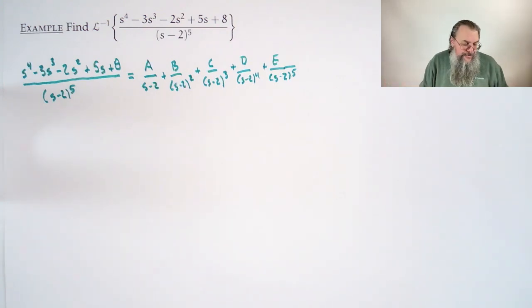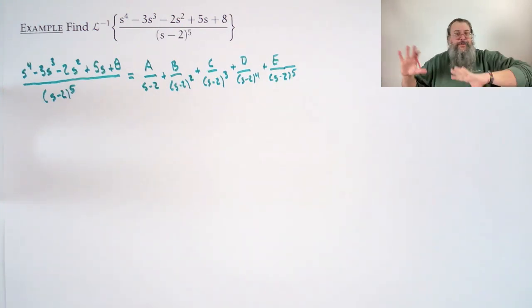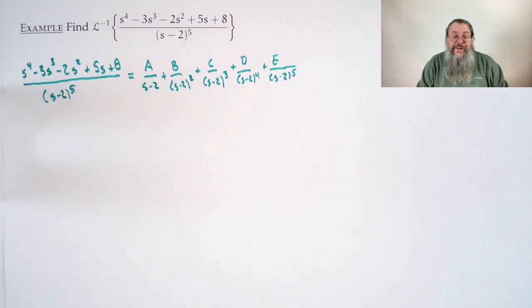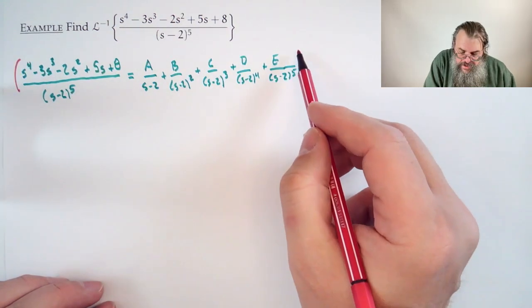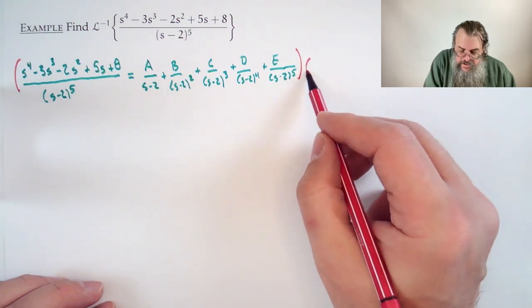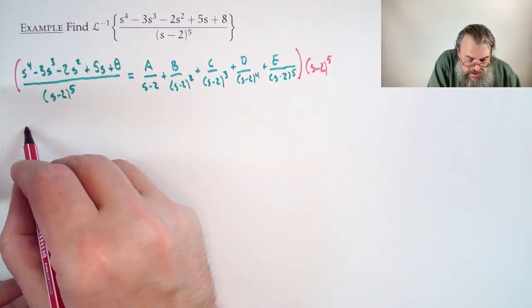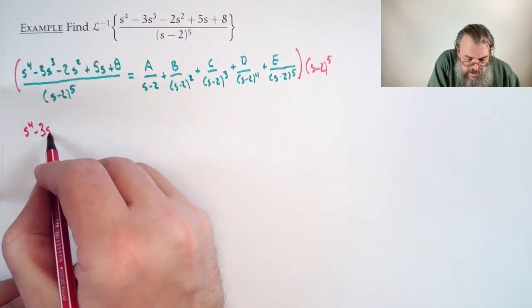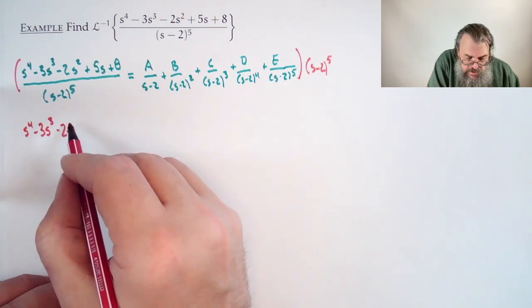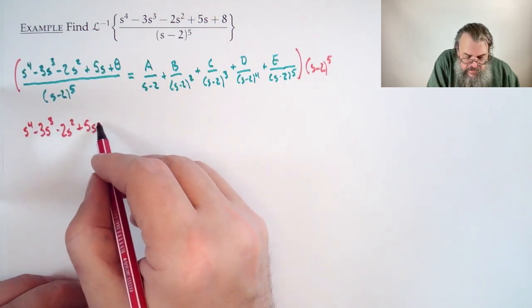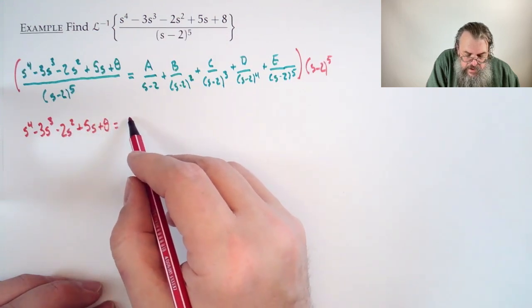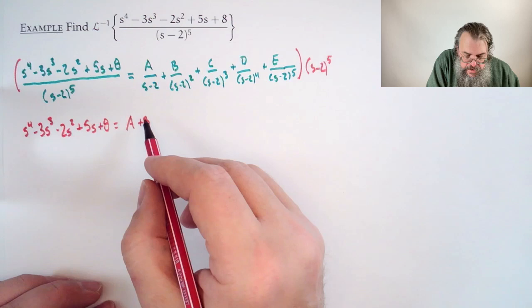So we now know our rule. Now at this point, what comes next? Because we're not going to do anything with inverse Laplace until we get this settled. So the next thing for us to do is to clear out our denominator. So we're going to multiply everything here, both sides, everything is being multiplied by our s minus 2 to the fifth. Okay, so doing that, we get s to the fourth minus 3s cubed minus 2s squared plus 5s plus 8 is equal to a plus b,